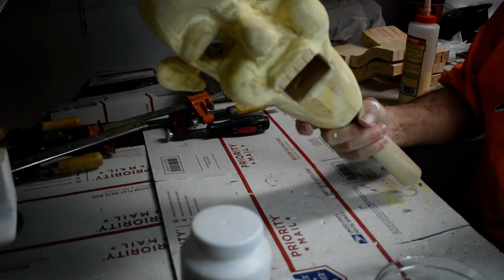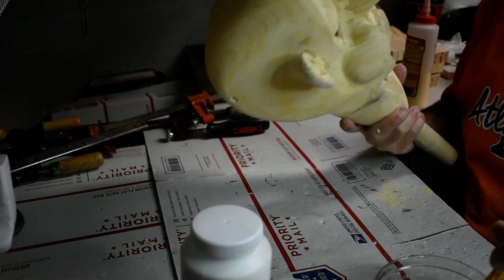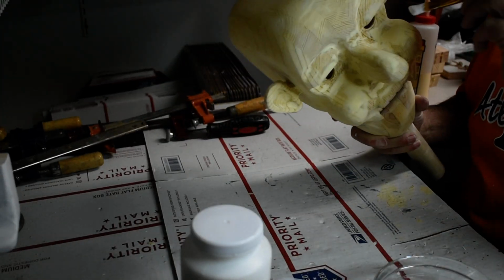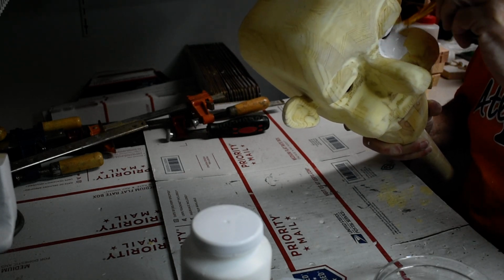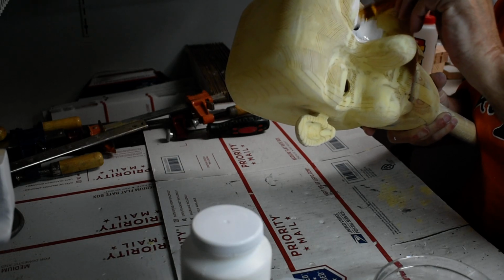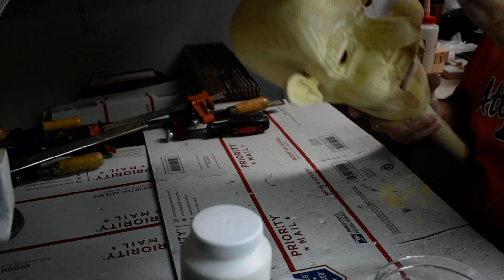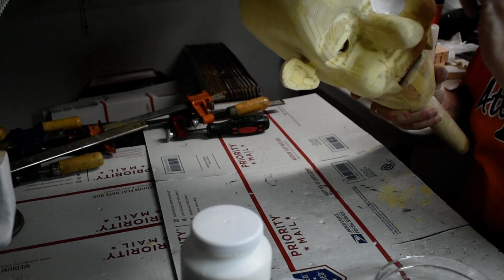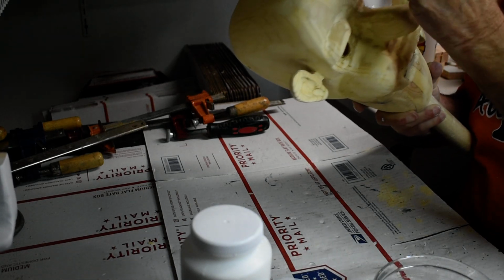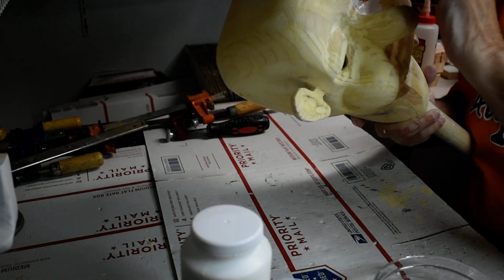So you can see we got it all sanded down nice and smooth. So we'll get our base coat on there, and then we'll sand it down like I said, lightly sand it, put another coat on, and then hopefully at that point, if everything's looking okay, we'll be ready to start adding